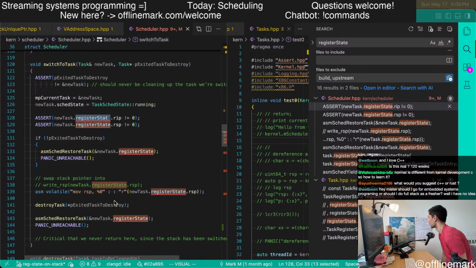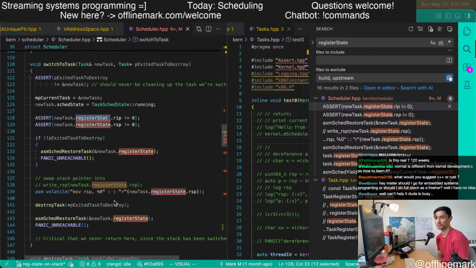So I think overall, I would recommend Rust if you are just starting out, if you are learning today, if you don't specifically want to work on C++ code bases. But I think C++ is not as bad of a language as the discourse makes it out to be. And if you have ambitions of working for companies or industries that use C++, I think you should learn C++ then.